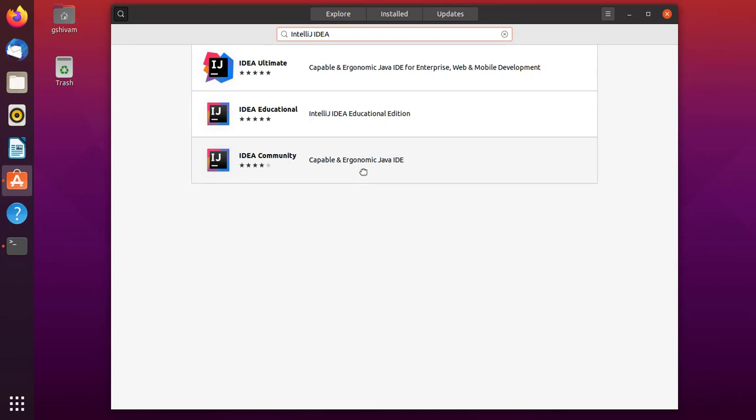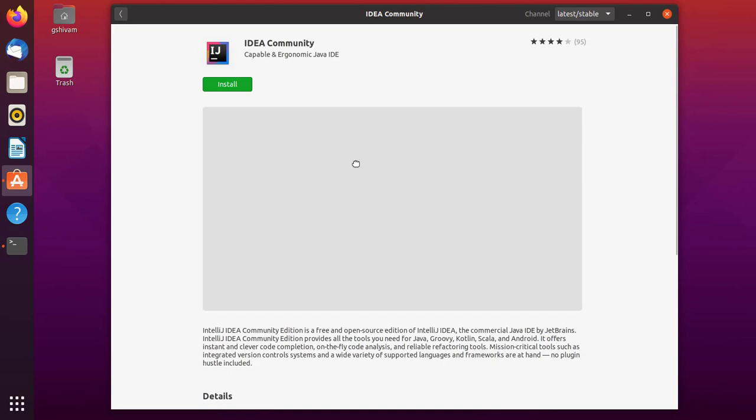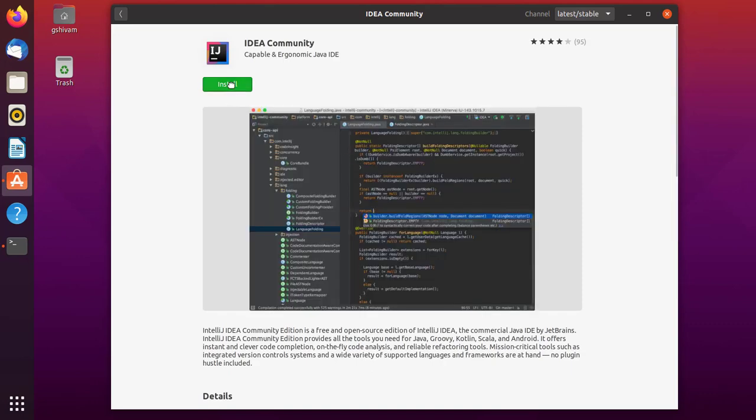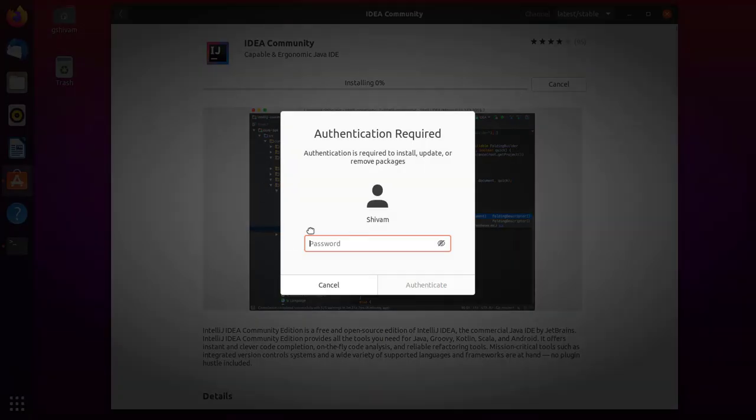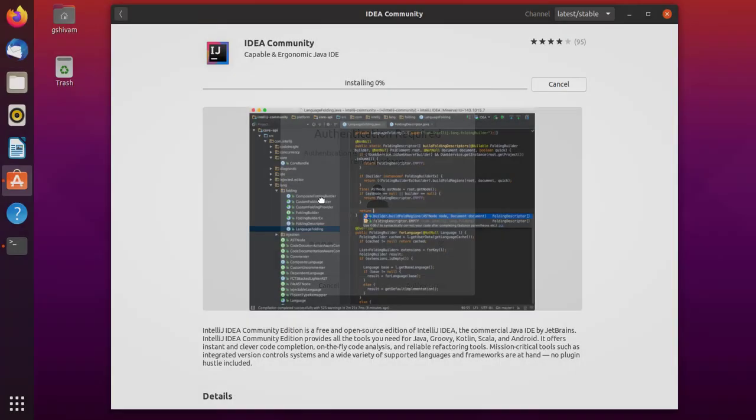You can choose the community version or the educational version. Both are free versions, but the ultimate version has a 30 day trial period. I am using the IntelliJ community version and click on install. It will ask you for the root user password. You can type it and authenticate.